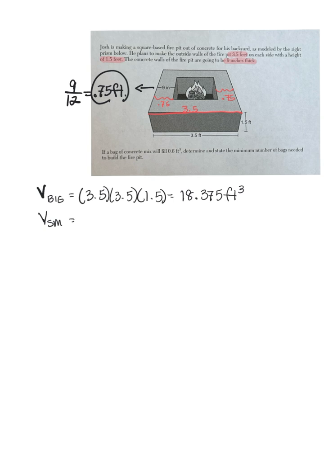So if I'm looking for this piece right here, I would take the whole thing, 3.5, and subtract 0.75 and another 0.75, and that's going to give me this width right there. If you do that in the calculator, 3.5 minus 0.75 minus another 0.75, you're going to get 2. And remember, it's a square, so that little piece will be 2, and this width right here will also be 2, as well as this width right